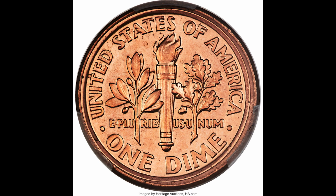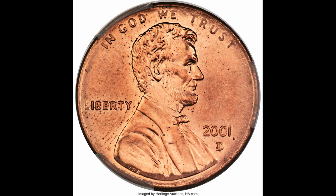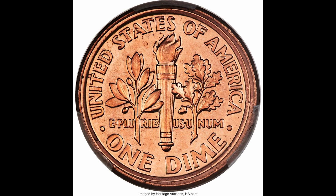Here's a 2001 D Lincoln cent penny muled with a Roosevelt dime reverse, graded by PCGS a Mint State 66. So 2001 is a very early date. That's not old in terms of pennies. But again, this one has a really cool reverse dime, which is going to increase the value significantly. If you ever come across a coin like this, you have something worth potentially hundreds of thousands of dollars. This coin sold for